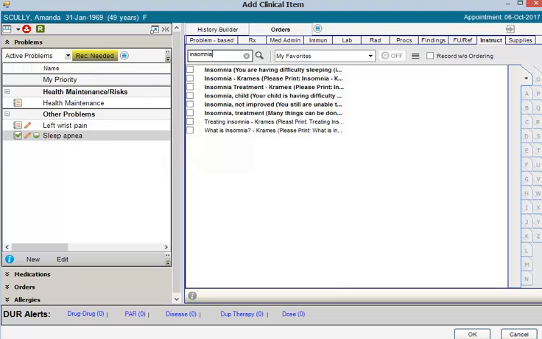Like other orders, you will need to link this documentation to a problem. So click the name of the problem on the left side of the screen, then check the checkbox to the left of the document that you wish to order. Placing this order will send a task to the clinic staff to have them print and distribute the education sheet